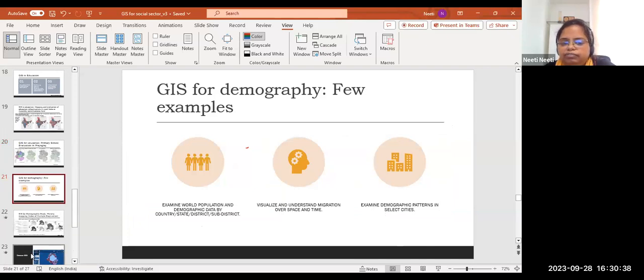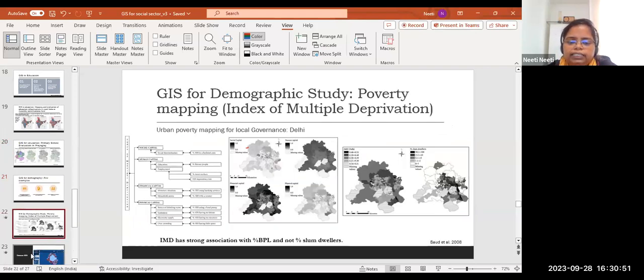So one can first of all visualize all these demographic data, understand, let's say, migration, how it is changing over space and time. And we can also look into different patterns in the cities. One such example is for poverty mapping for local governance in Delhi. What we see here is